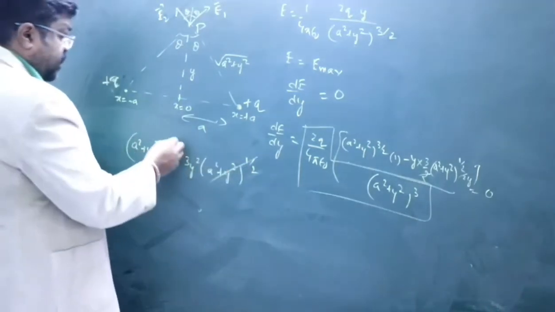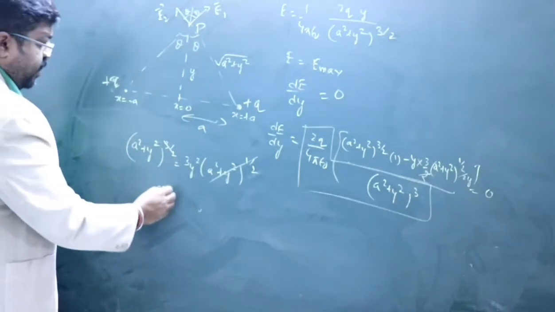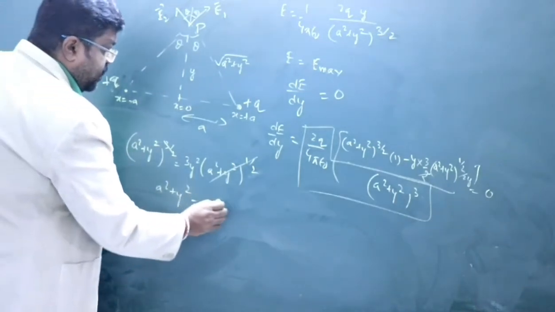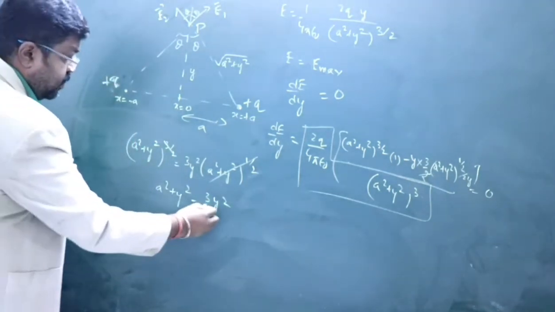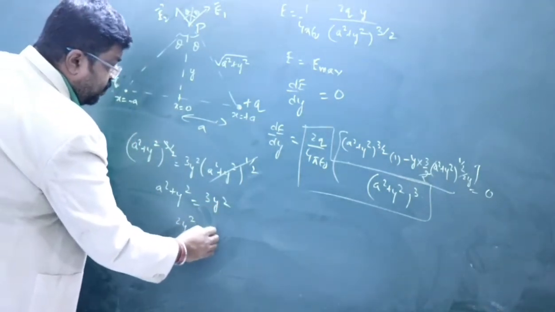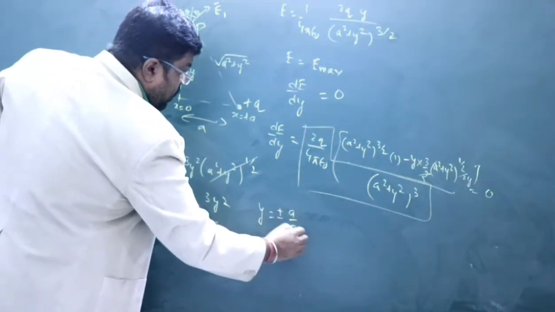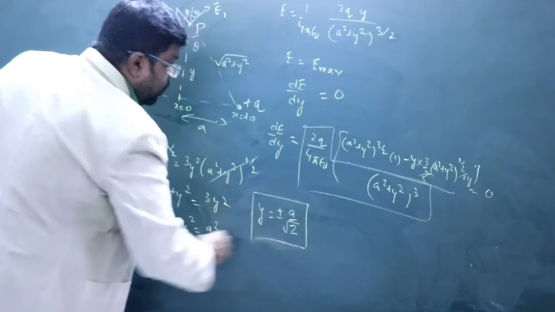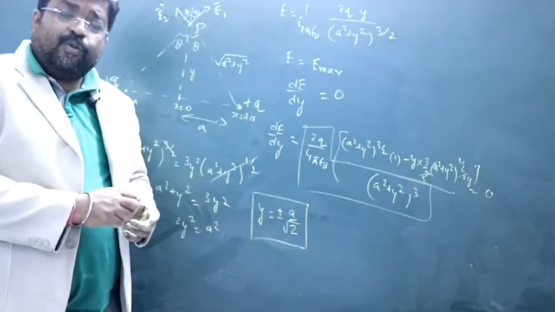If I remove this term, this 3 by 2 goes. So we have a square plus y square equal to 3y square, or 2y square equal to a square, or y is equal to plus minus a by root 2. So at this distance, y equal to plus minus a by root 2,